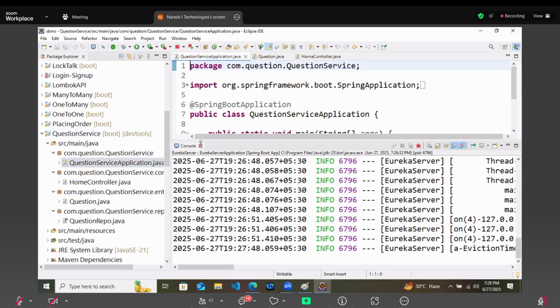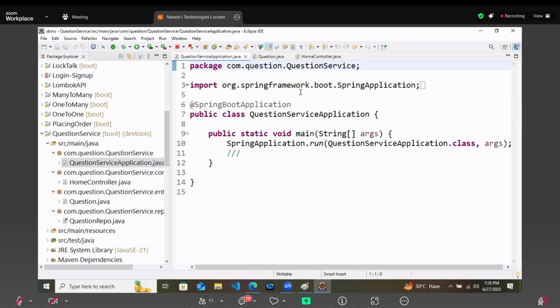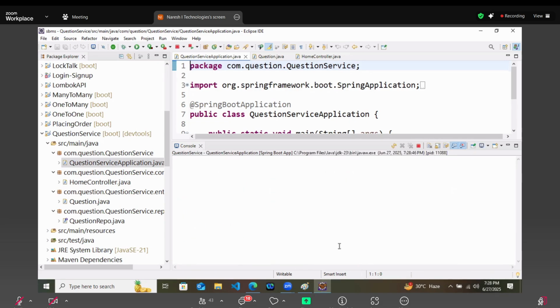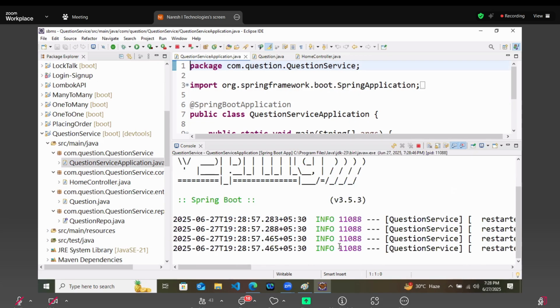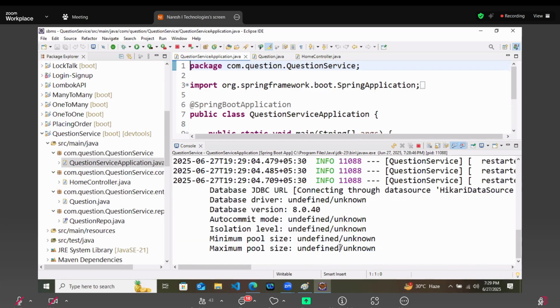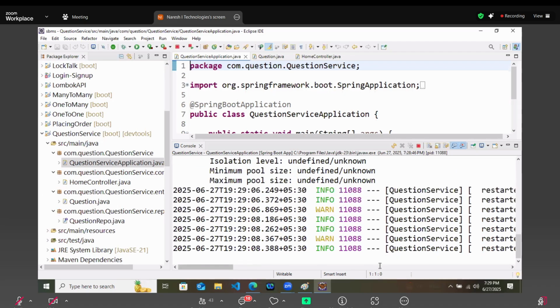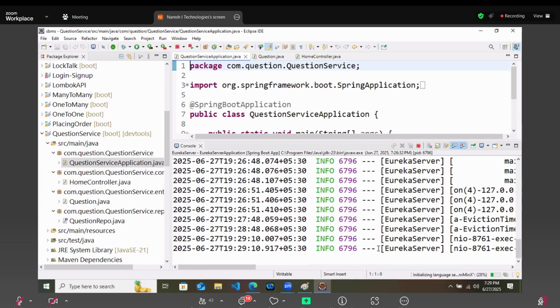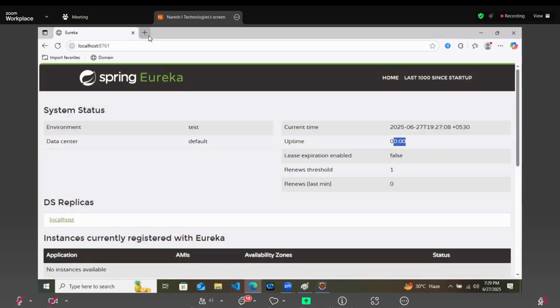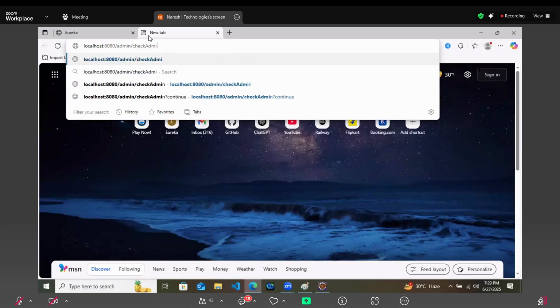Quiz app is one. Now our server is already working. I will start this question service application. Don't close any of the server directly. So we'll just start the server now. So here our application has been started on the port 8081. That was the default port that we were hitting here.